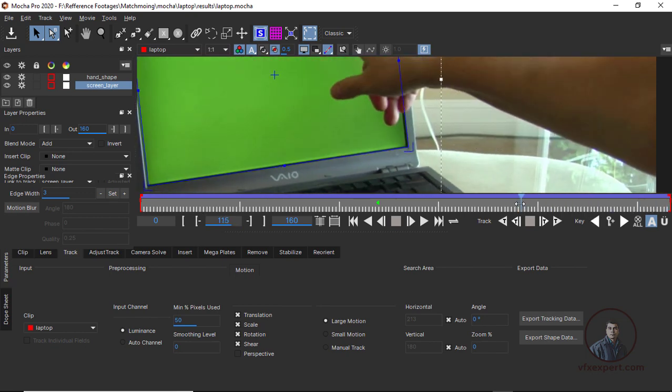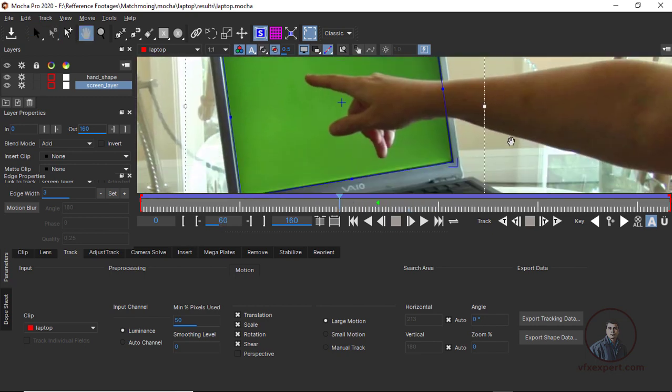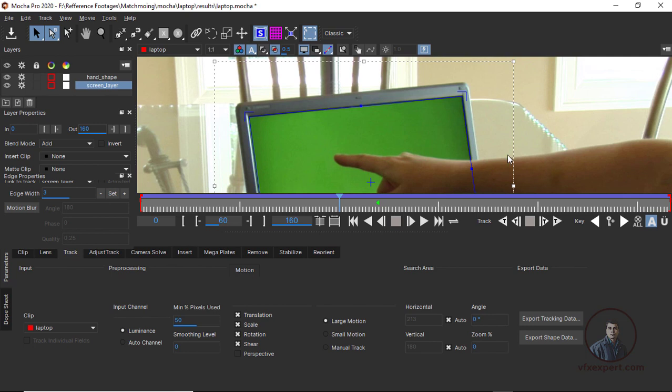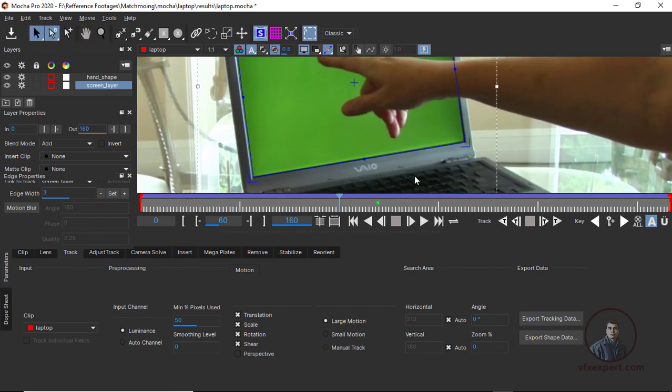For this, just check which frame is perfect. I am going to check. I think this frame. So just check all corners. I think this frame is perfect for my reference frame. So I have placed the CTI here. Now I am going to enter these options. Just click on adjust track options.